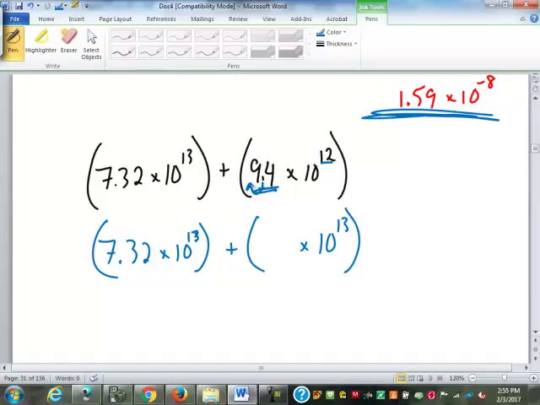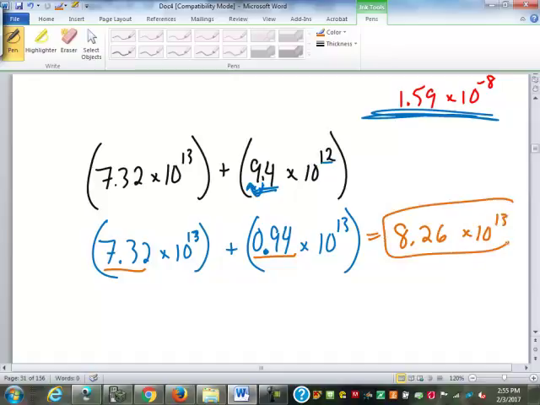Got to get smaller. So we went from 12 to 13. That's going up by 1. This decimal point moves 1 spot to make it smaller. So that's 0.94. So now we add 7.32 plus 0.94 is 8.26